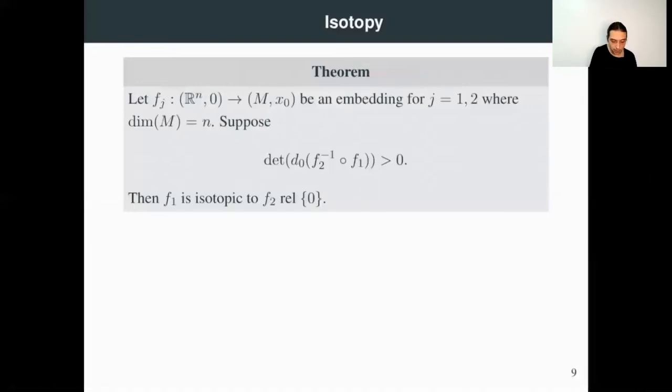If we have two embeddings, two local diffeomorphisms, if you want, from Rn0 to Rn0, and the determinant of the Jacobian matrices at 0 for these two local diffeomorphisms is the same, then the sign of the determinant is the same, that's what I mean. Then what we get is that these two maps are isotopic. There is a path from the first to the second consisting just of local diffeomorphisms. Okay. In these conditions,